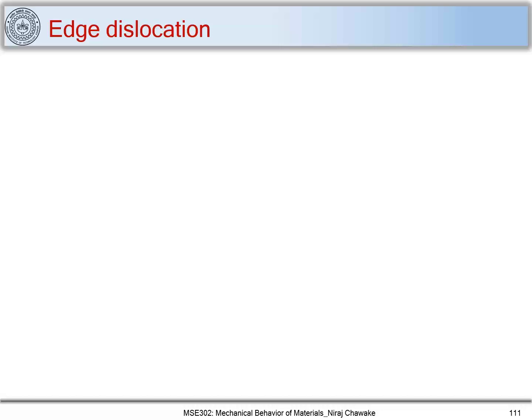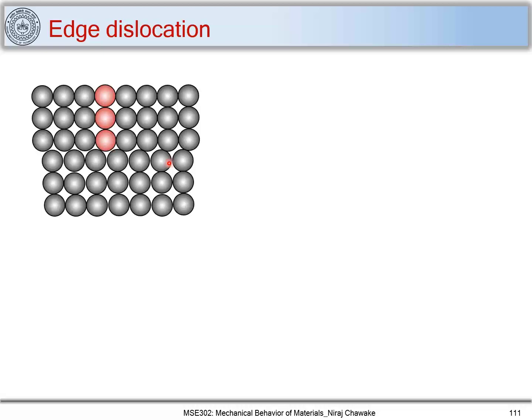In the last part, we have seen a discrepancy between theoretical shear strength and experimentally observed shear strength. We found that theoretical shear strength was higher than experimentally observed shear strength, and we reasoned that this is because of the breaking and making of bonds. So we came up with the thought of the process of dislocation, where locally there are already broken bonds available, and thus we don't have to use too much energy to make and form bonds so as to cause